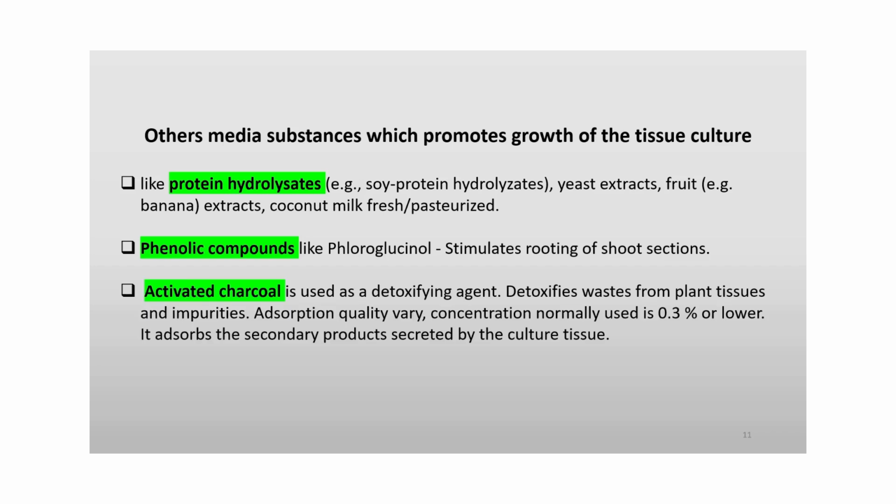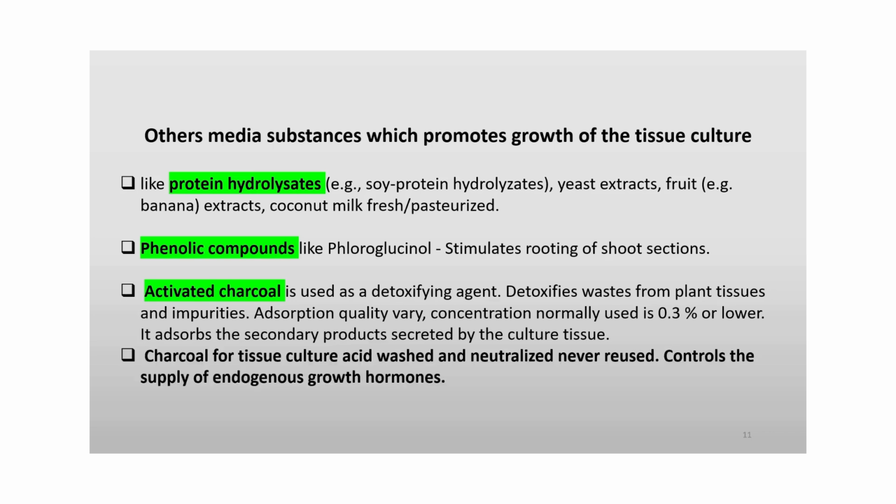Activated charcoal is used as a detoxifying agent, detoxifies waste from plant tissue and impurities. Absorption quality varies. Concentration normally used is 0.3% or lower. It absorbs the secondary products secreted by the culture tissue. Charcoal for tissue culture: acid wash and neutralize, never reused,